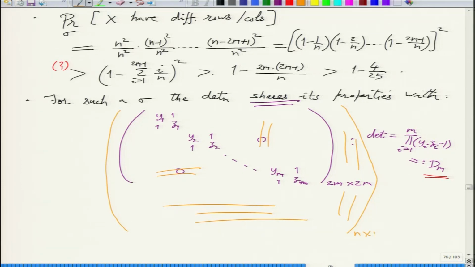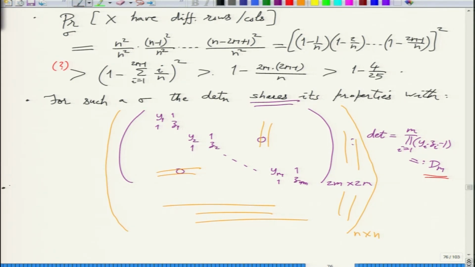Okay, this is the n cross n matrix, and we have identified a submatrix and the determinant of that, and let us look at the measure. So this picture is the reason why we are doing all this fixing of variables and keeping 2m variables free in the end. Any question about the overall idea? The details I leave. This picture should be worth 1000 words.